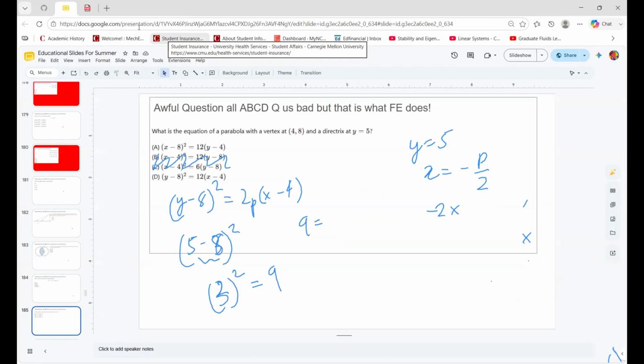How would this help me? No, I need to figure out p. So it's 2p, and it's going to be negative p divided by 2 minus 4. And then 9 equals, okay, now we have a quadratic, basically. I think this is the most proper way to solve it. I was trying to figure out a shortcut, but I can't think of any. If you can think of any, more power to you. So negative p squared divided by 2 minus 4p minus 9. So that's p squared minus 4p minus 9